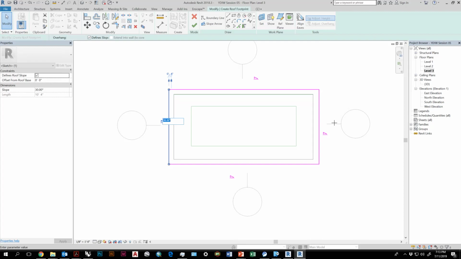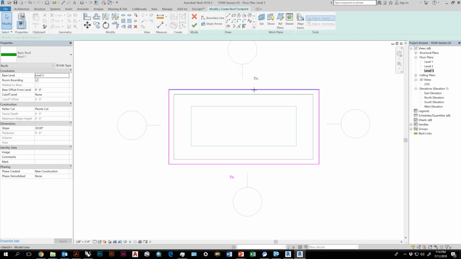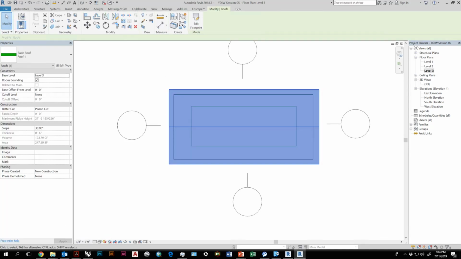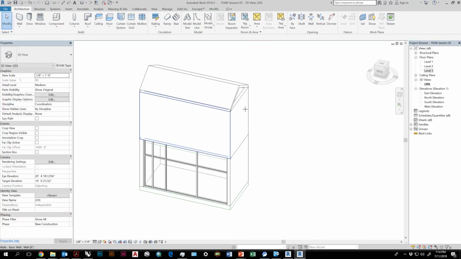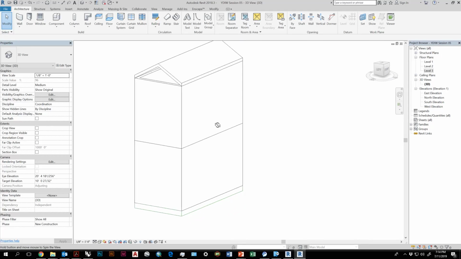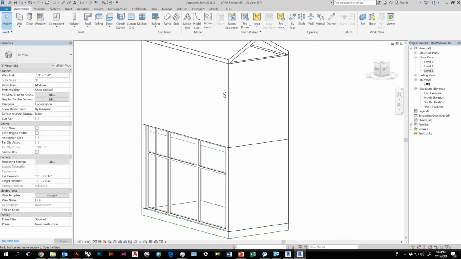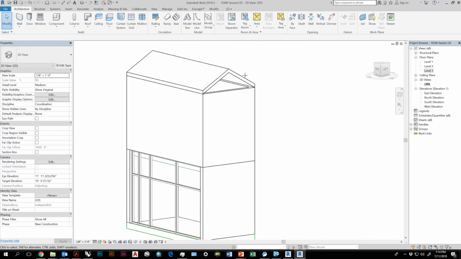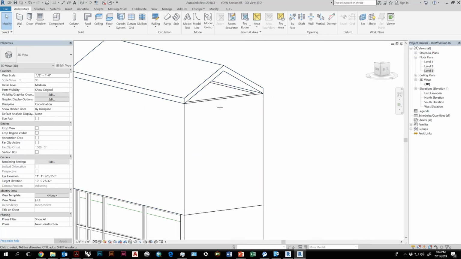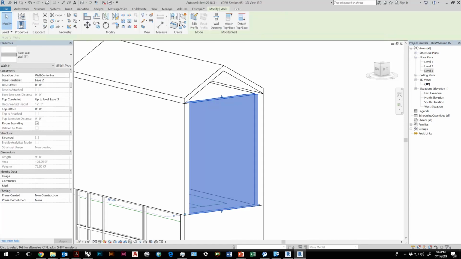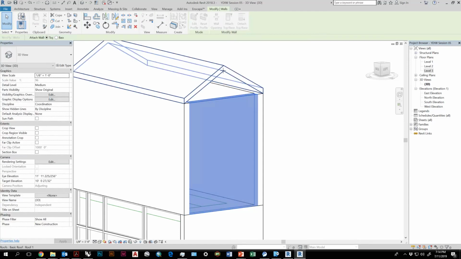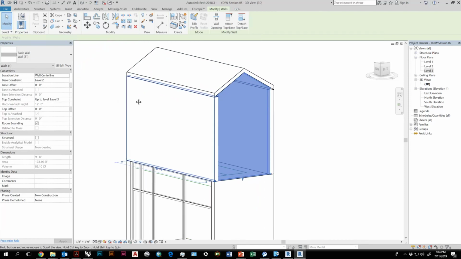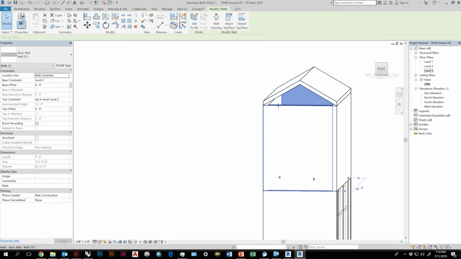I'm actually going to tell these sides to no longer define a slope, and just have this side and this side define a slope at 30 degrees, and then hit the check mark to see what that looks like. So now I've created a pitched roof that's pitched on 2 sides. There's an opening here, and I can either draw a wall that fits that opening, or I can just tell Revit to take this wall and attach it to the base of the roof. And now that wall is going all the way up.